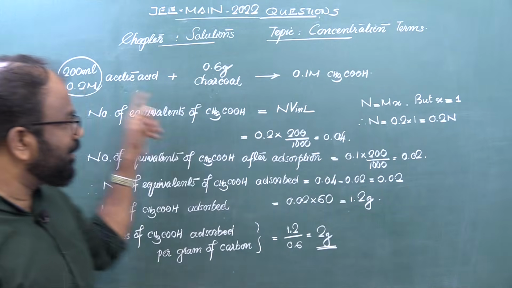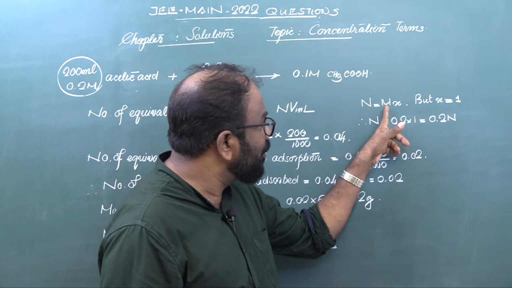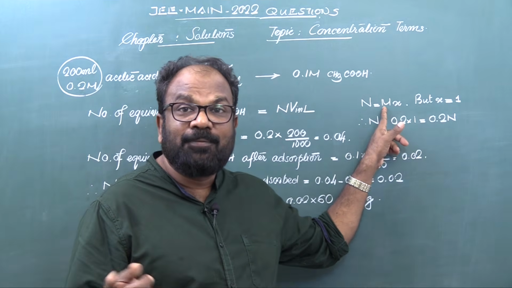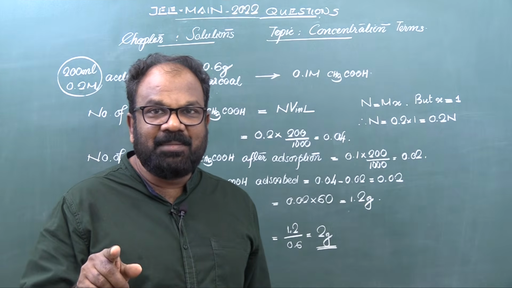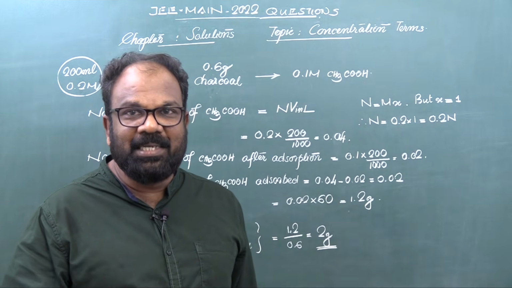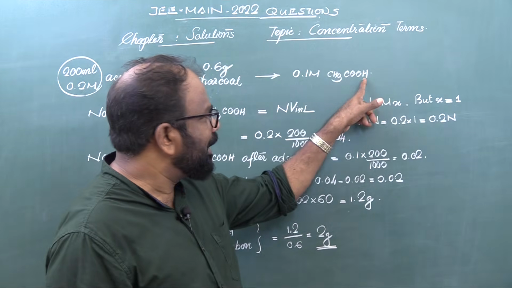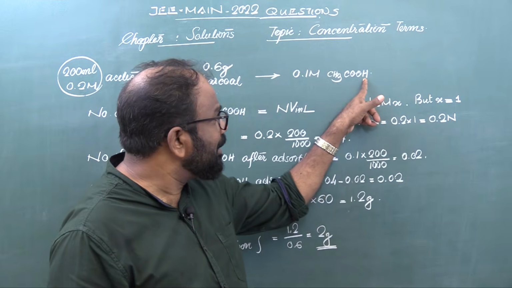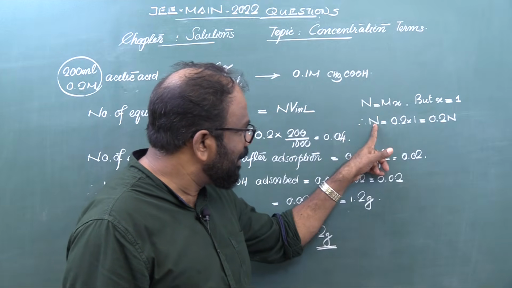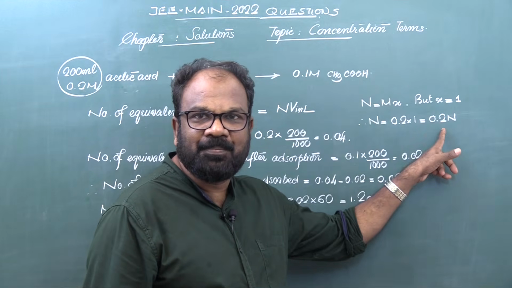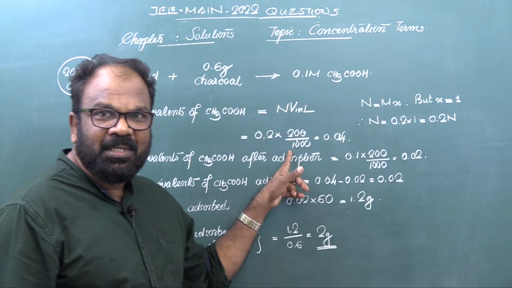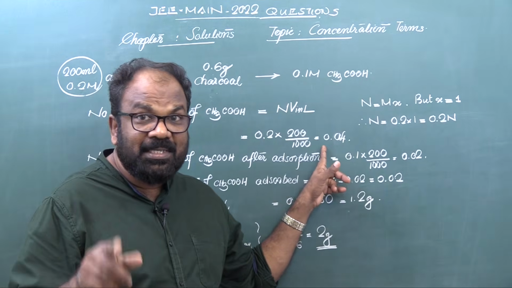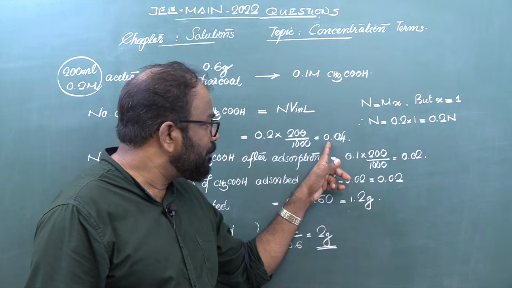If molarity is given, then normality is equal to molarity into X. For an acid, X is called basicity. Basicity means number of replaceable hydrogen atoms. Here for acetic acid, number of replaceable hydrogen is equal to 1. Therefore, normality is equal to its molarity. Then substituting for normality and volume in liter, the number of equivalents of acetic acid initially present is equal to